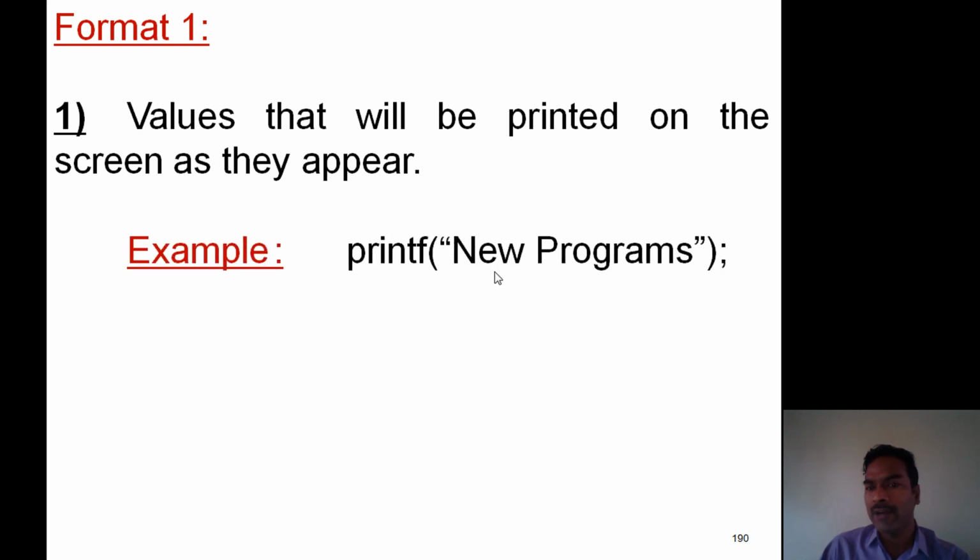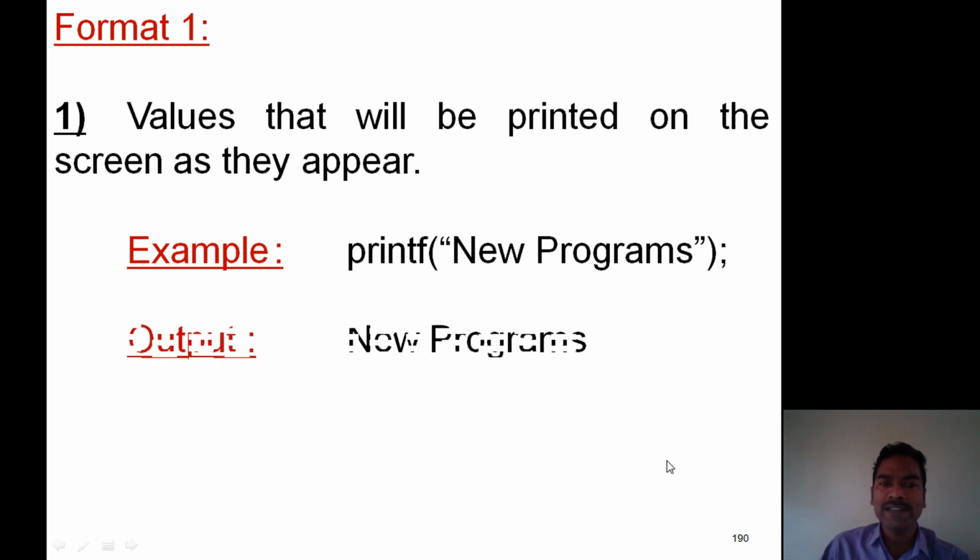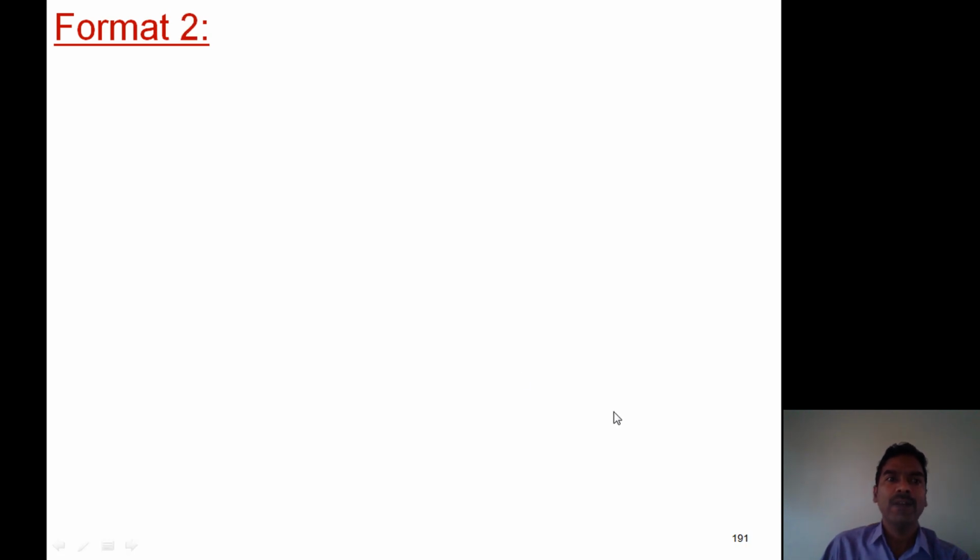Printf within double quotes, here we place a message, new programs. When we execute this statement, it prints the result in the same format. Since it's a message, the same message will be displayed on the monitor: new programs. Okay. Now format 2.